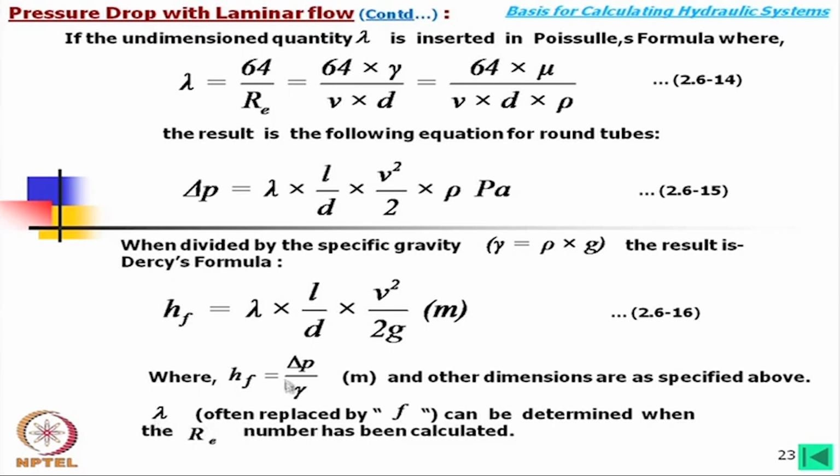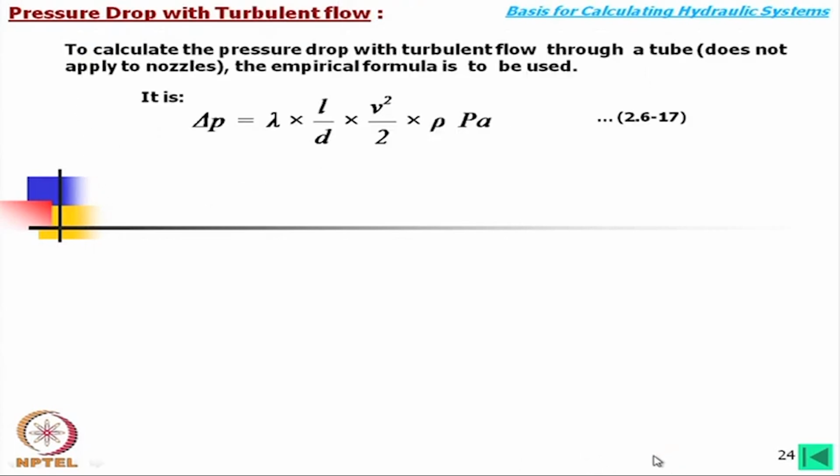Now, this lambda is also very often replaced by f, and can be determined when the Reynolds number has been calculated, because we can use this formula. And then to calculate the pressure drop with turbulent flow through a tube,